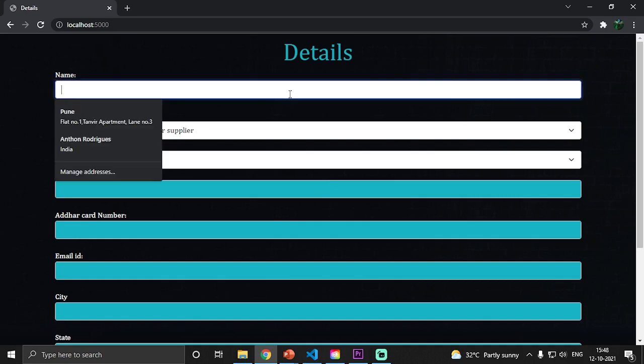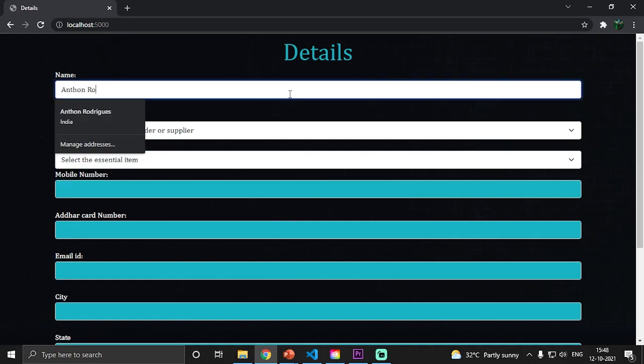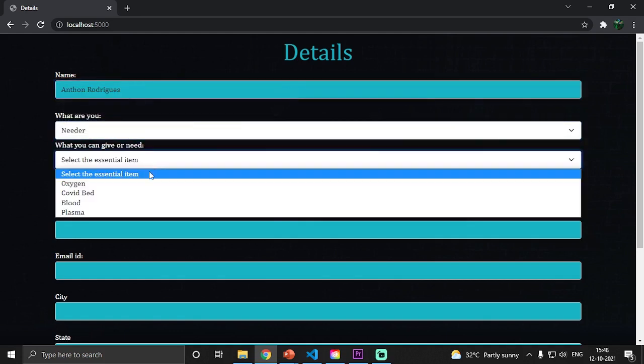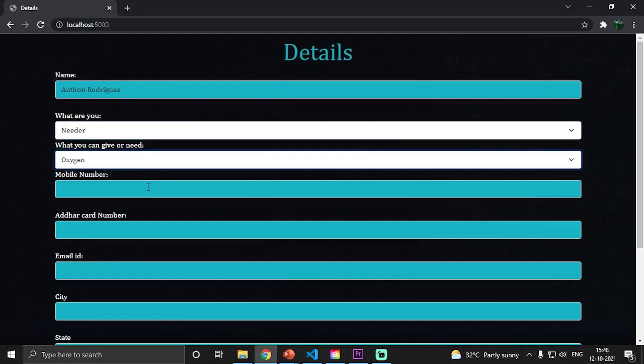So let's begin. I will add my name, then I'm a needer, and then the essential item I need is oxygen, then my mobile number, then Aadhaar card number.